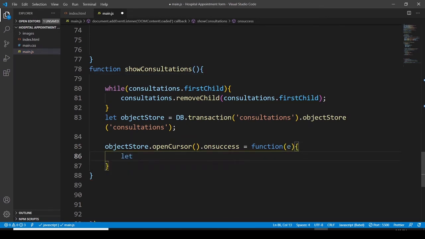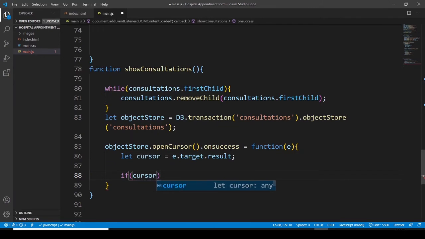So let's say let cursor is taking the event, the target, and target to get the result. Okay, now let's have a condition here. If cursor, then we are going to say that